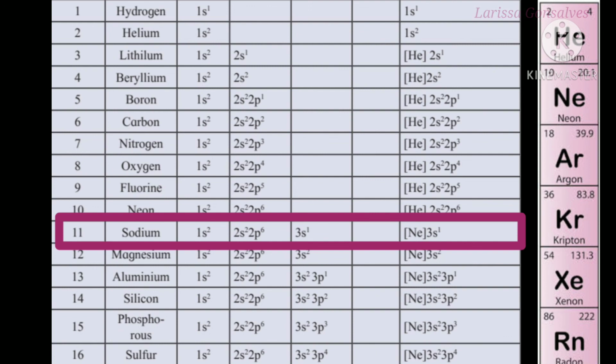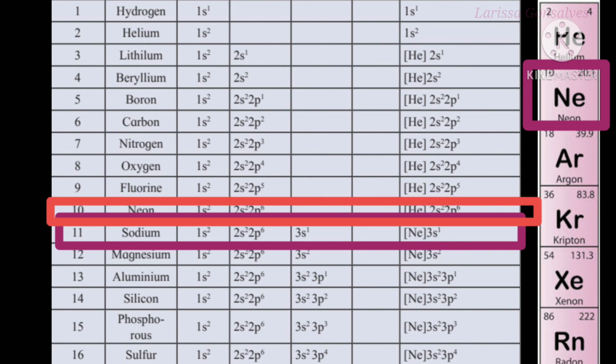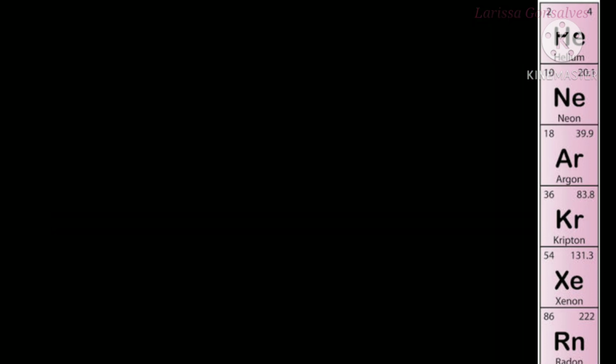Sodium has the atomic number 11, which means there are 11 electrons, and so the electronic configuration is 1s2, 2s2, 2p6 and 3s1. So just check if there is any noble gas which is close by to this electronic configuration. So that is neon. Neon has an atomic number of 10. So we can write it as noble gas core of neon, 3s1. So 1s2, 2s2, 2p6 is the electronic configuration of neon.